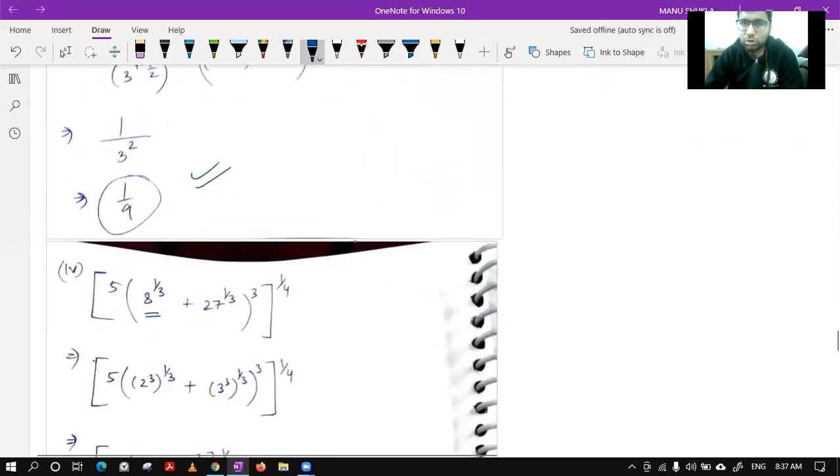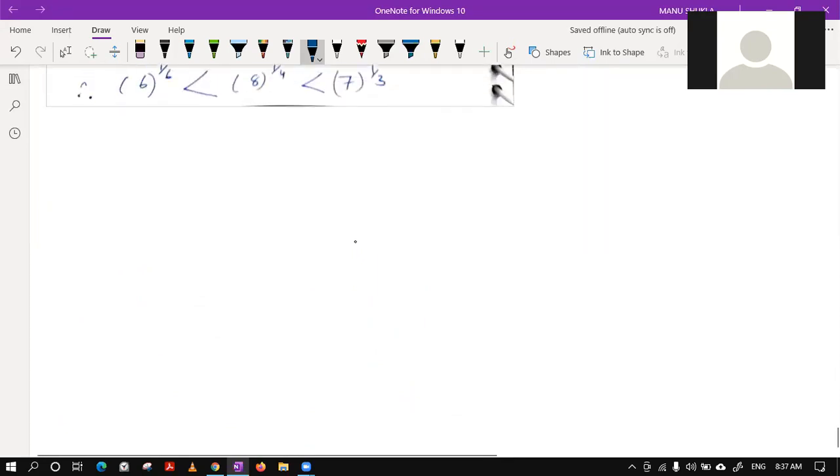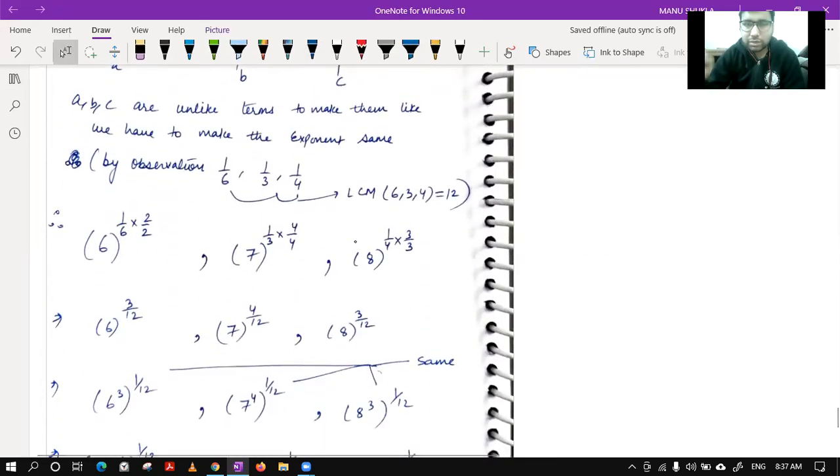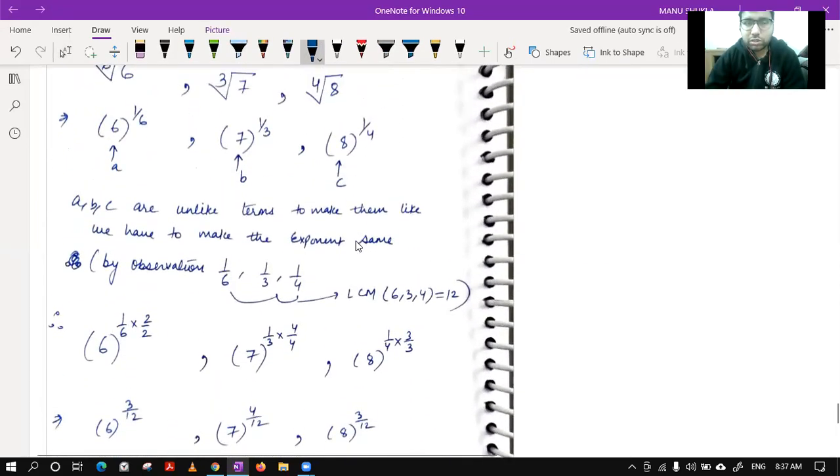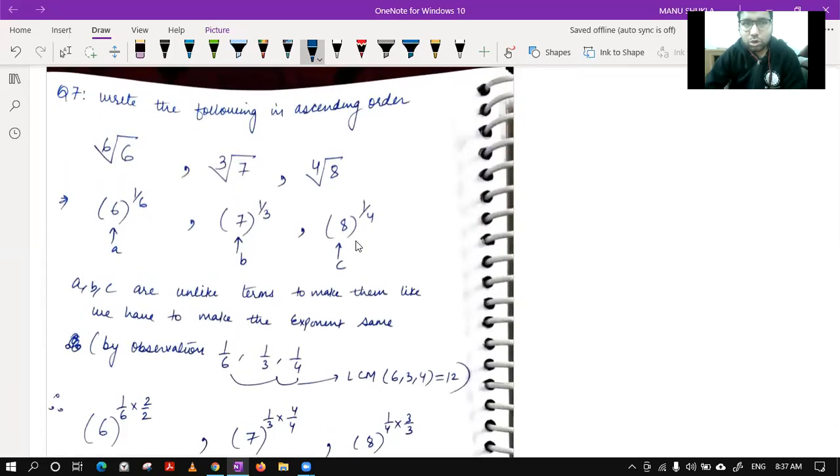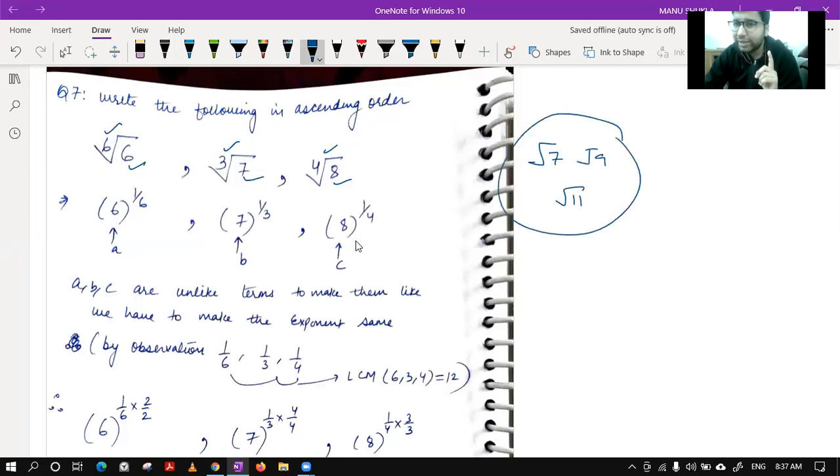Okay, sir. Now I am giving the hint for the last question today. Tomorrow, if any doubts are there, we will still discuss. In this question, what I saw is that the outside fractional powers are different and the inside numbers are different. We cannot compare like this. If the numbers were root 7, root 9 and root 11, it would be very easy for you to tell because all have the same power, 1/2, 1/2, 1/2.